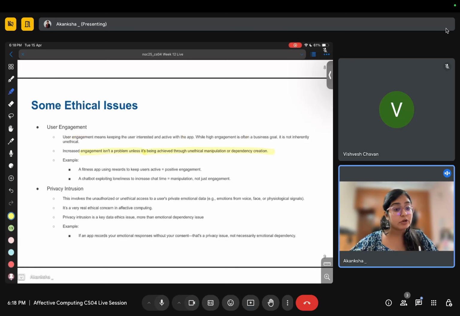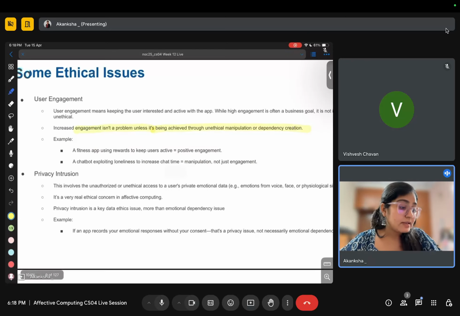Engagement is what you want. Let's say you want the person to be using my application all the time. It shouldn't be the case that you follow some unethical practice, like I'm giving that person money, saying you spend some more time and I will give you 5 rupees per hour to just use my app. Maybe you are tempting the other person, or any such unethical practices, which is not allowed, right? So you cannot do that. Otherwise, other than that, user engagement is not a problem.